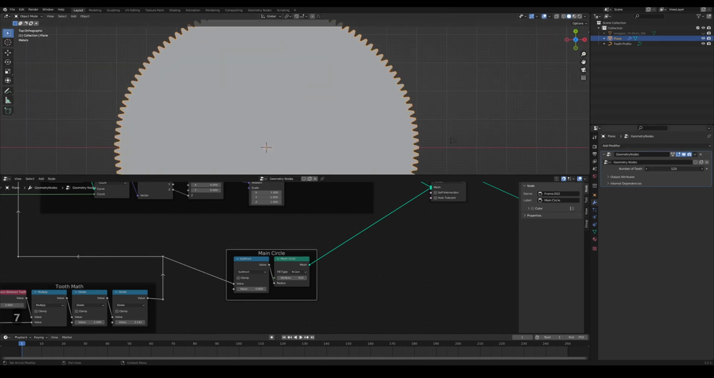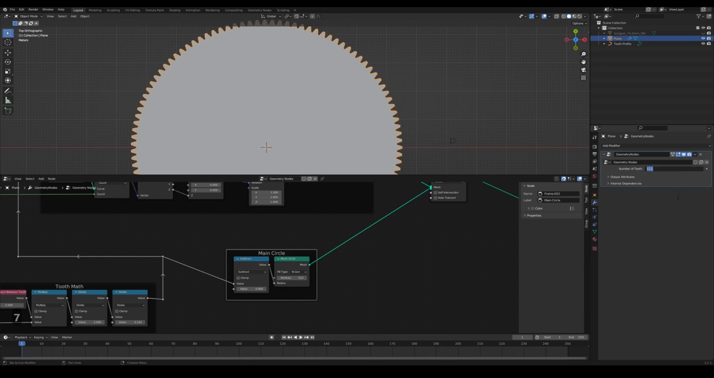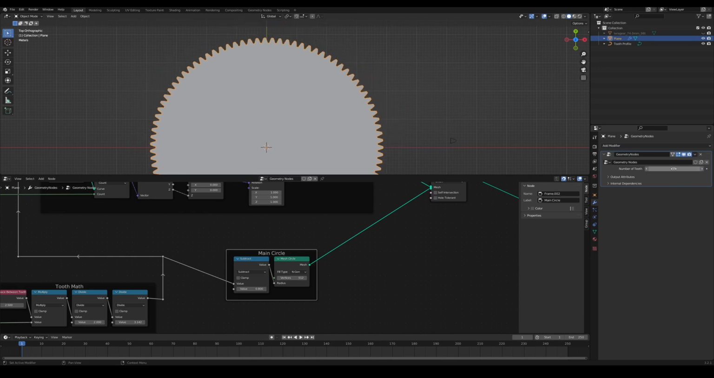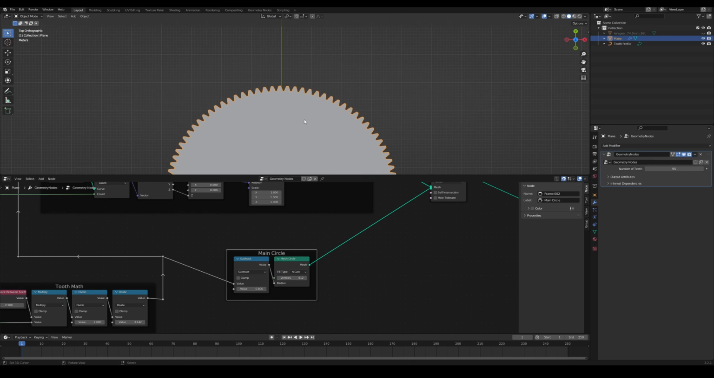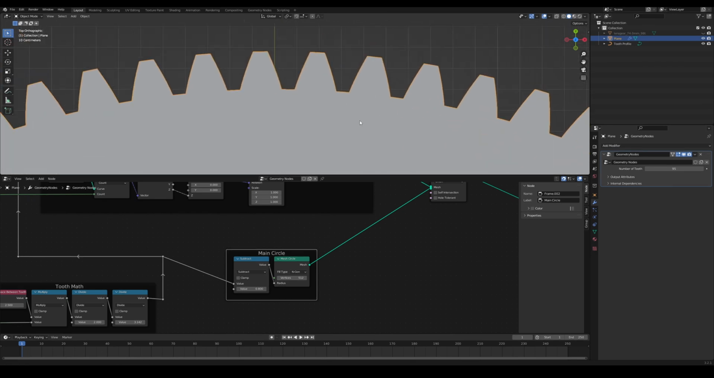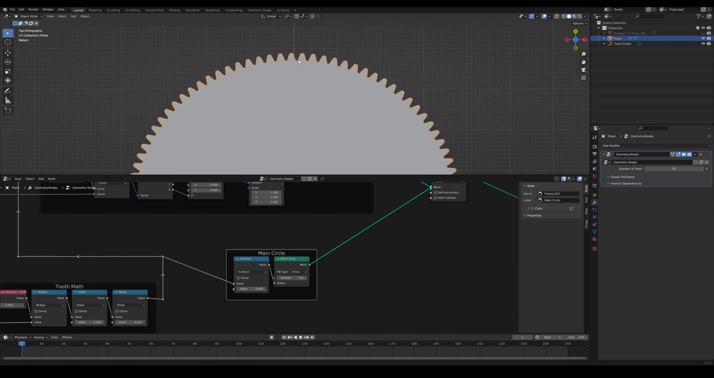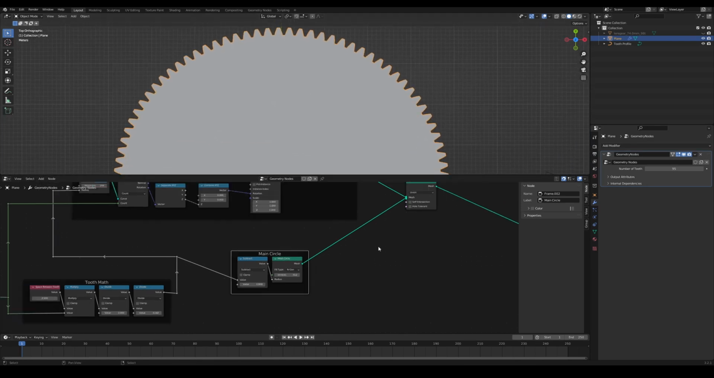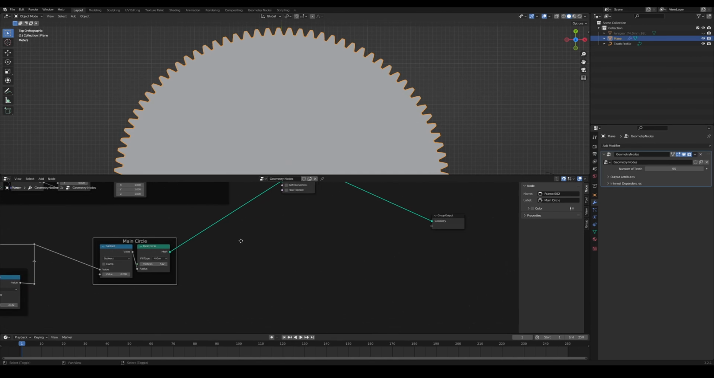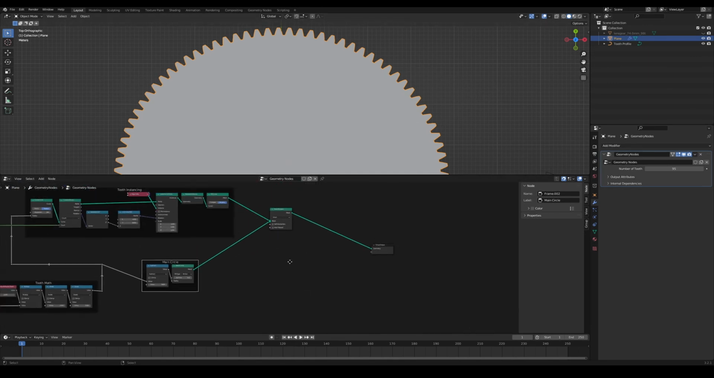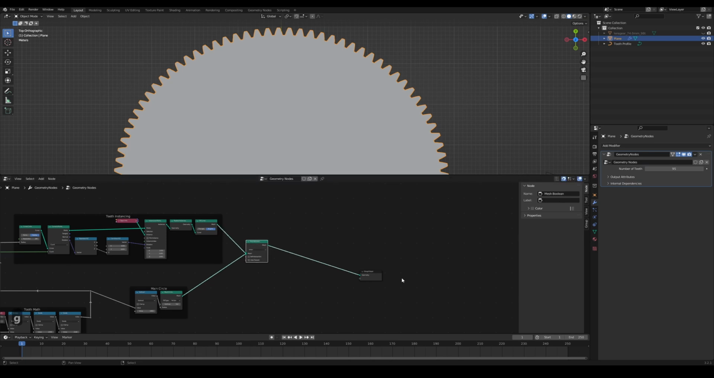And we can increase and decrease the number of teeth, like so. And that works quite well. So now we need to add some thickness to this. So keep this here, move this over here. We're going to